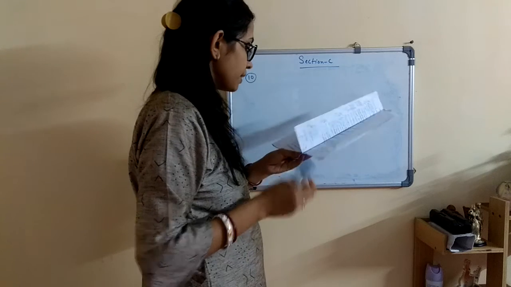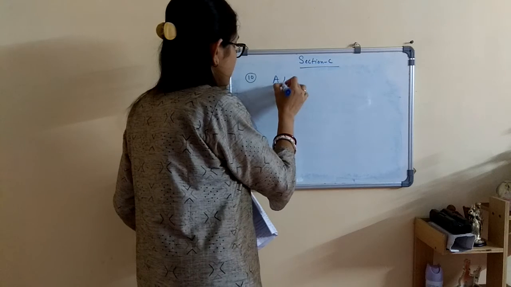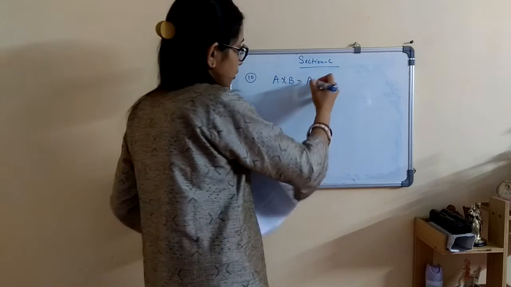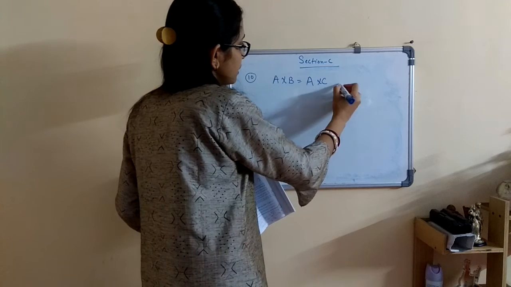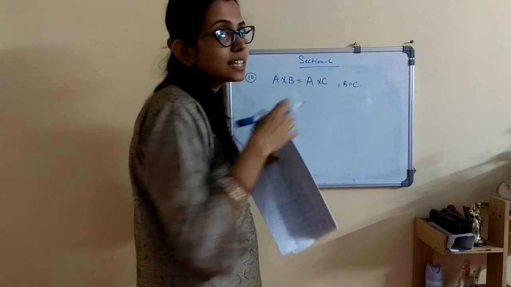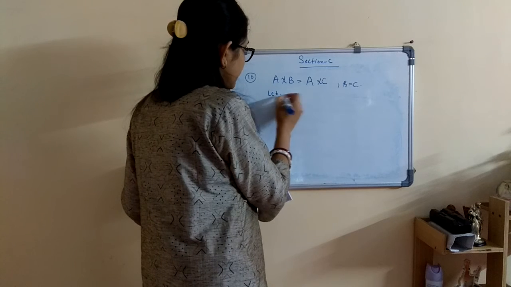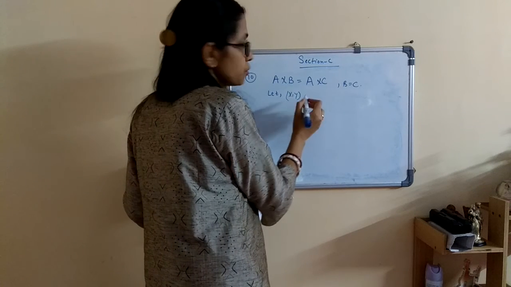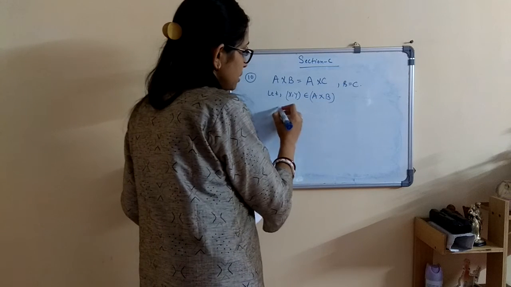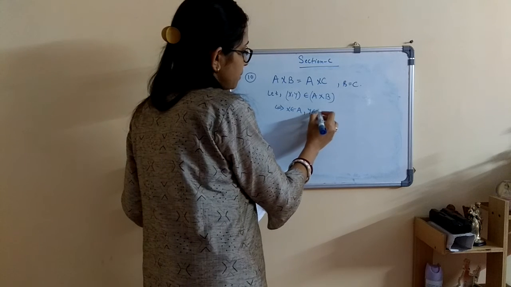It is given that if A and B are two non-empty sets and A cross B equals A cross C, the product of A and B is equal to A cross C, then we have to prove that B equals C. For that, let us consider one element which is present in this Cartesian product. Let X and Y be two elements which are present in A cross B, the Cartesian product of sets A and B. So from this we can write that X belongs to A and Y belongs to B.